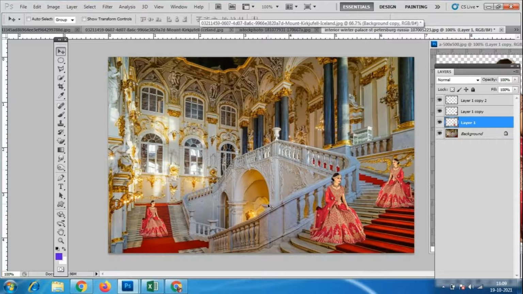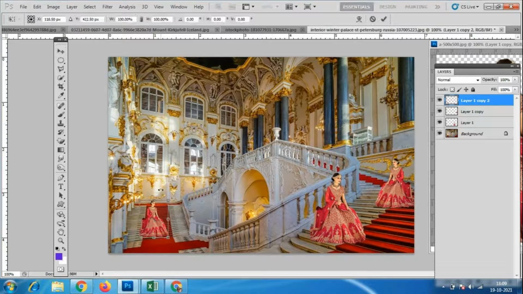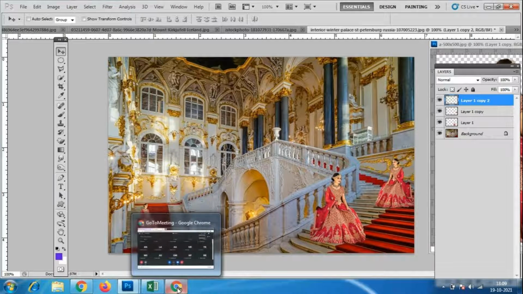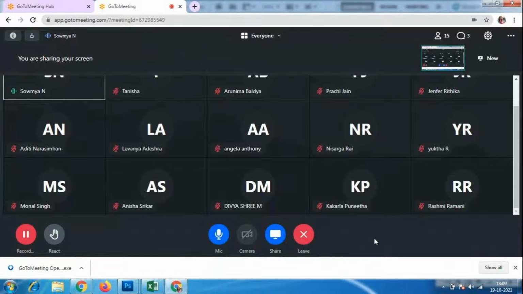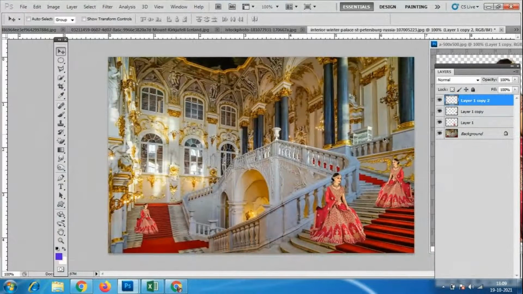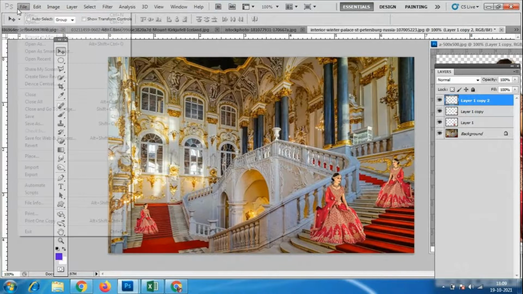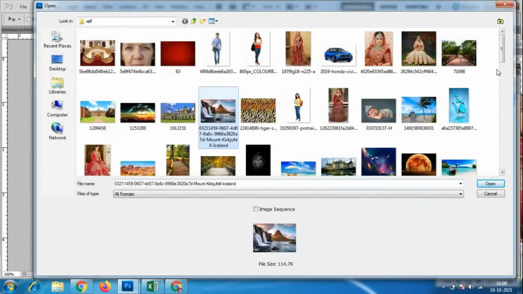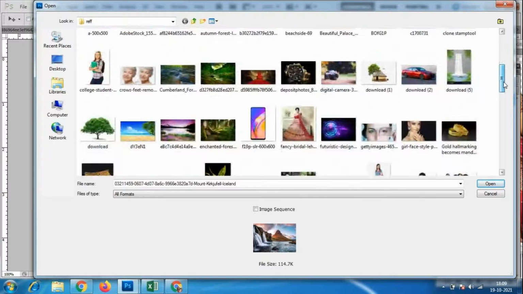Okay, so you can place the same girl in a different way. You can take one standing image also somewhere, she's coming down. Okay, so like that you can place it. Is that okay? So always you have to use the polygonal lasso tool, otherwise the magic eraser tool. Then only is it possible to place the images. Okay, so like that, you have to take only those kinds of images which are suitable for this background.